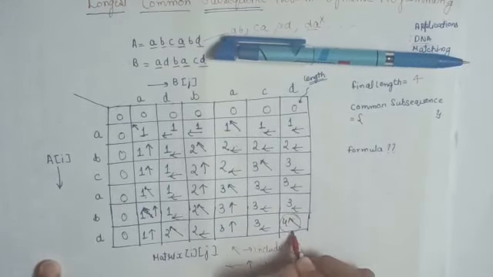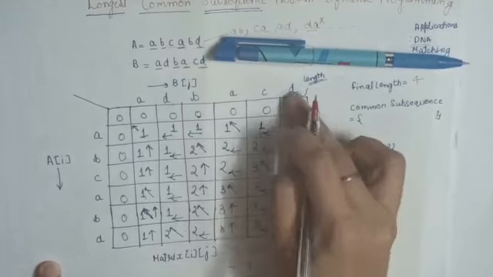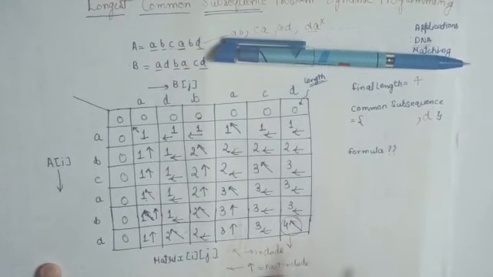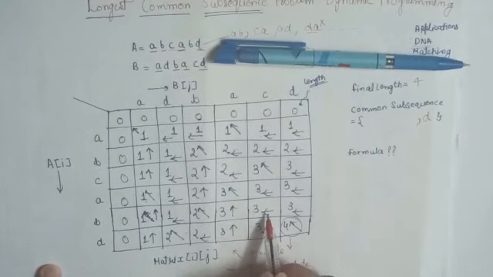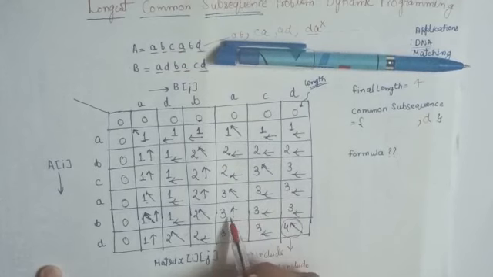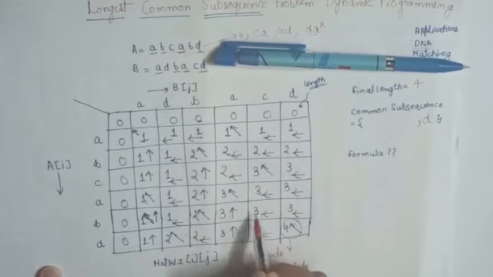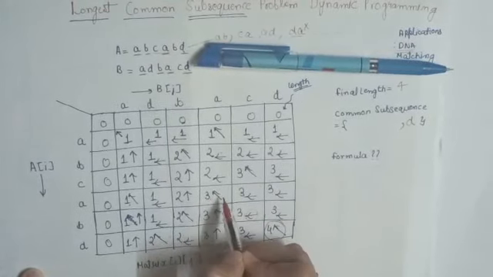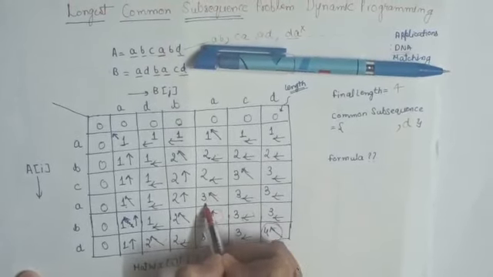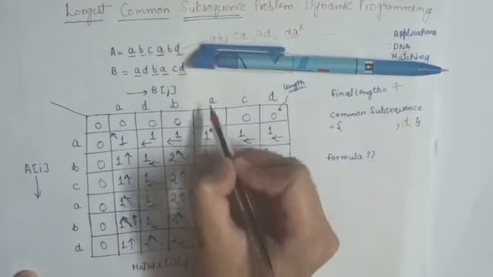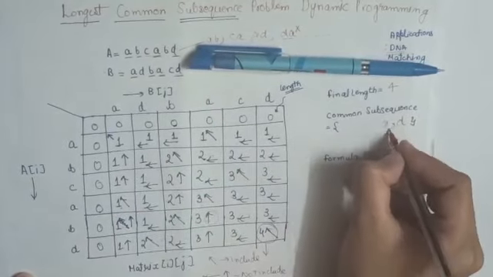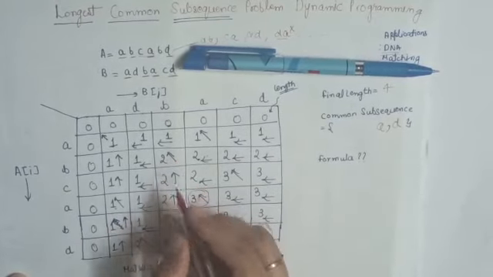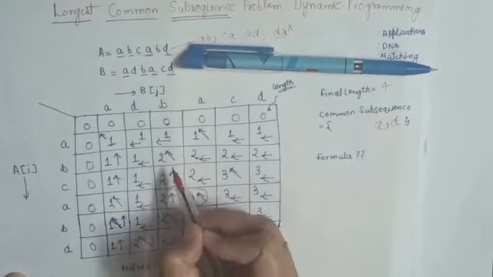For the arrow that is diagonal, D and D are the same, so D is included in my longest common subsequence. I'll come over here, this arrow is saying leftwards, I'll come upwards, I'm not including any of the elements in case of this way or this way. I'll come over here, this is diagonal. If it is diagonal, you have to include the element, A and A, I have to include. I'll come over here, this is upwards, I'll not include, I'll go upwards.